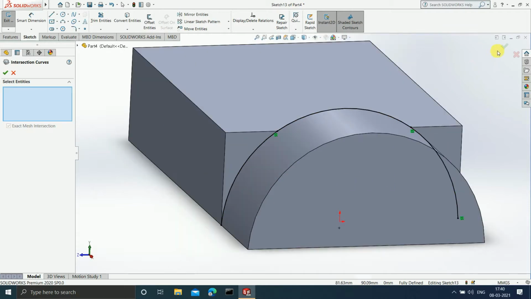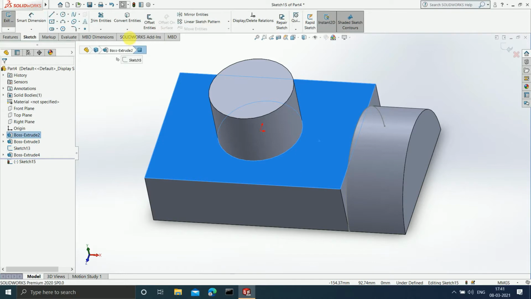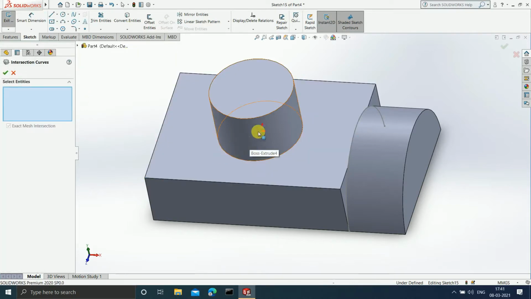I'll show you one more example so that these things get clear. Suppose I select this particular plane, click on sketch, and choose intersection curve. You can see that this curved surface is intersecting with this plane surface at this particular edge.